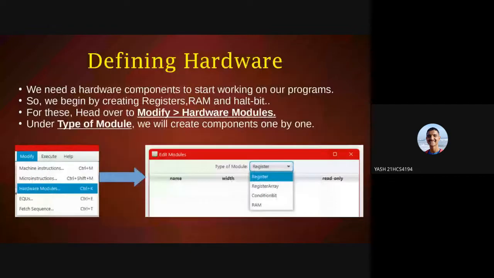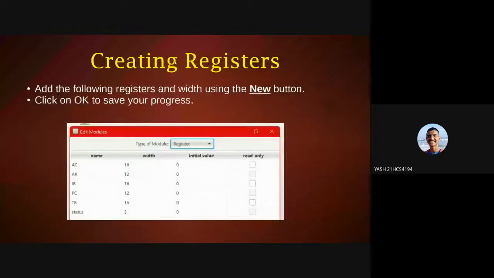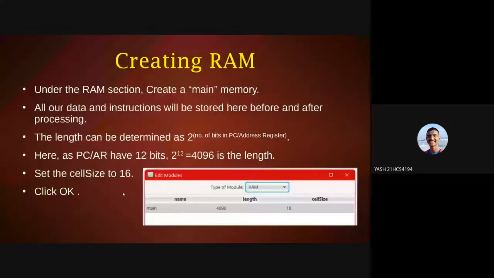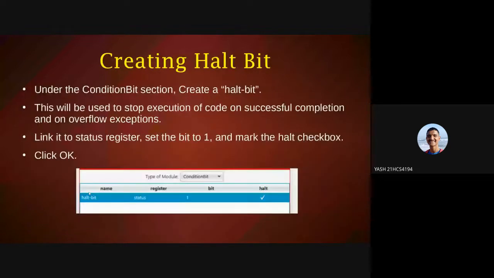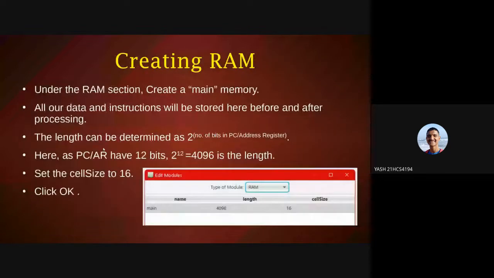Now, after defining the registers, we will define the RAM. We also have to give the width, then we will create a RAM. This RAM will be used as our main memory where our program will be stored and all the data and instructions will be stored before and after processing.